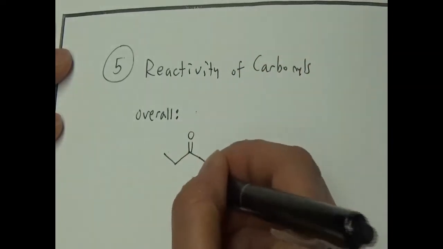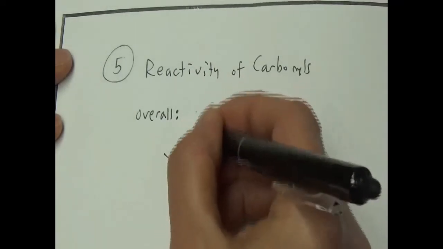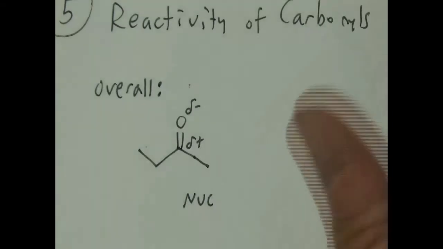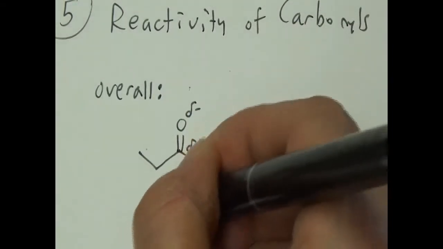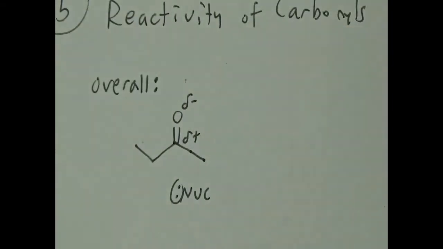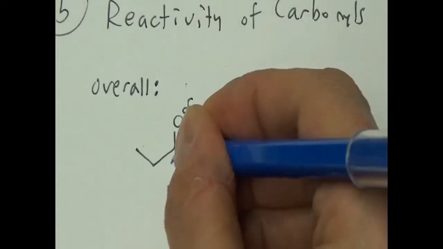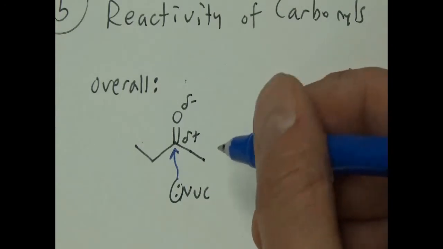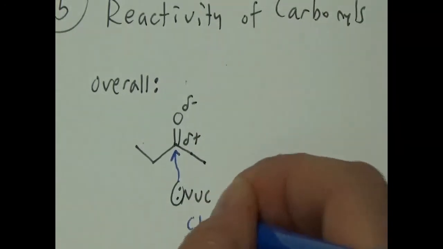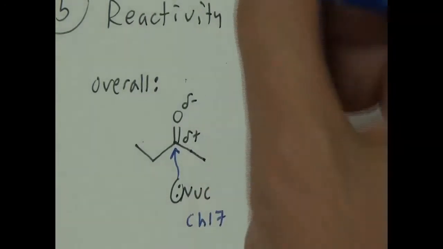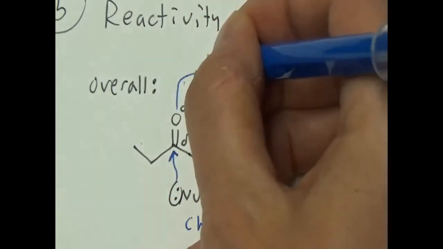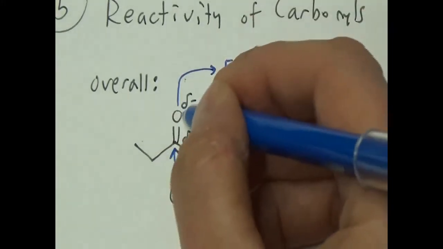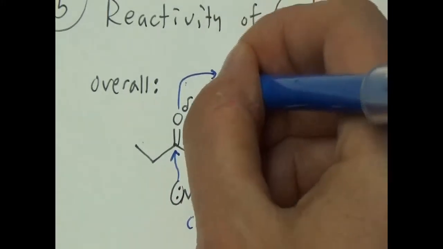Like, we know that this is delta minus and this is delta plus, right? One of the things you know is that nucleophiles attack a ketone or aldehyde, right? You learned a little bit of that, Grignards and stuff. And this is going to be chapter 17, so our current chapter. The other thing is that the oxygen can sort of attack electrophiles, because it's got a lone pair and is kind of nucleophilic. So this is also chapter 17.